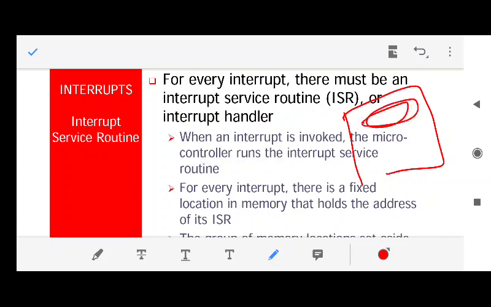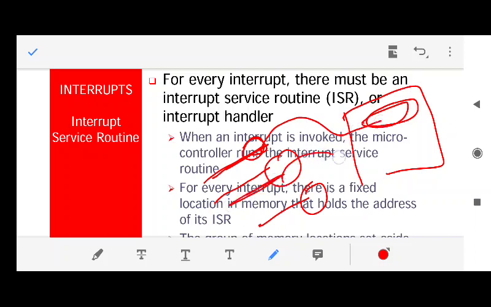Now whenever an interrupt comes from outside, if the interrupt comes from this line, or from this line, it is predefined that whenever the interrupt is coming from this line, this program will be executed. I'll call it ISR, interrupt service routine.